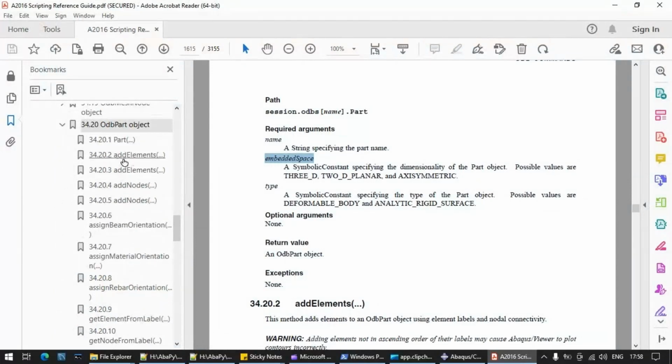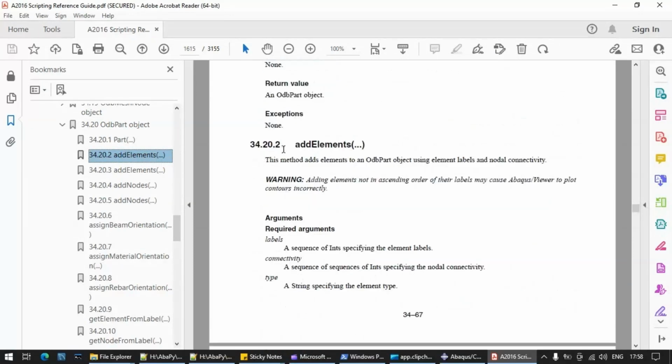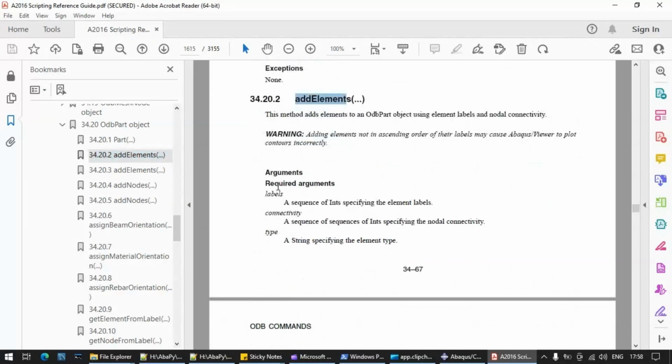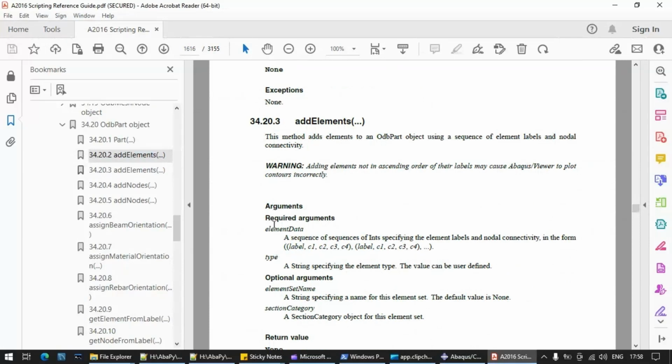Here you will find two similar methods, addElements and addNodes, and addElements methods. The first says you can give the labels and connectivity separately, and the second method says all the information you can give in one go. Because we have saved our data in this format, with the labels and connectivity in the same variable, let's use this, right?